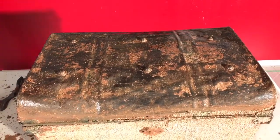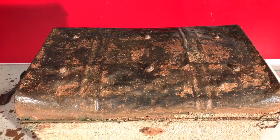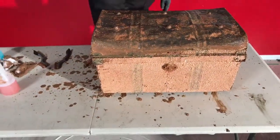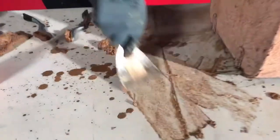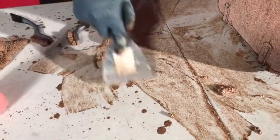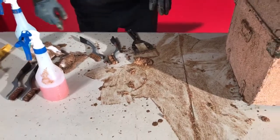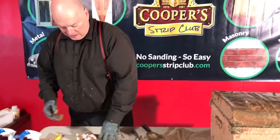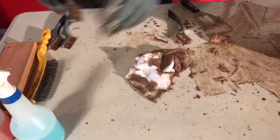Now, let's get rid of some of this. Okay, now, just leave that there for a minute. I want to show you, before we go further, the bit of brush cleaning. It's these type of projects where it's a brushing job, you tend to clog these beasts up, and so while